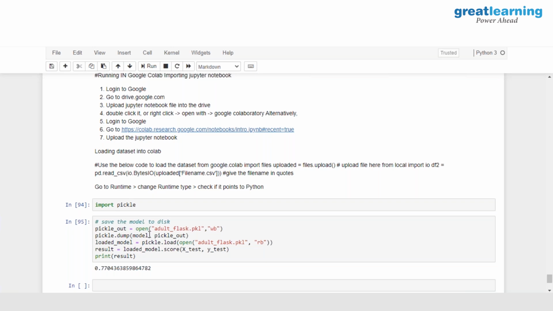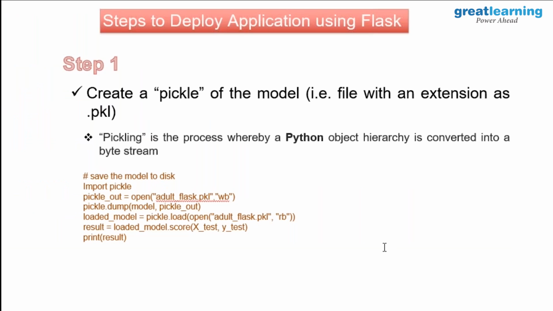And then the model which you have created, dump that model into the file. Once you have dumped the model, please check whether the PKL file is giving you the same result as the model. Once you're sure about it, what you have is an adult_flask.pkl file available, which is nothing but a model ready for deployment. So this is step number 1.